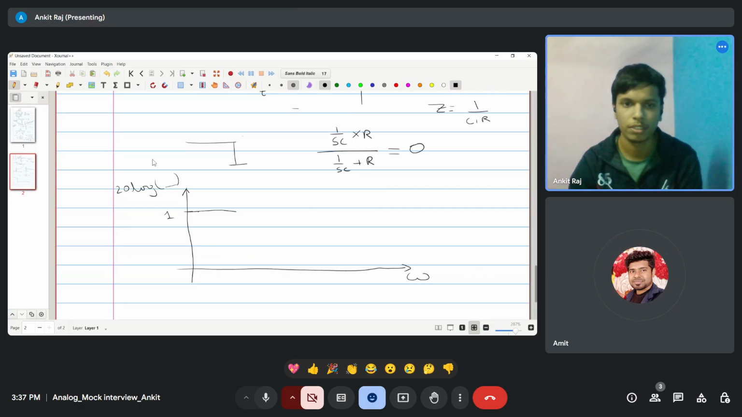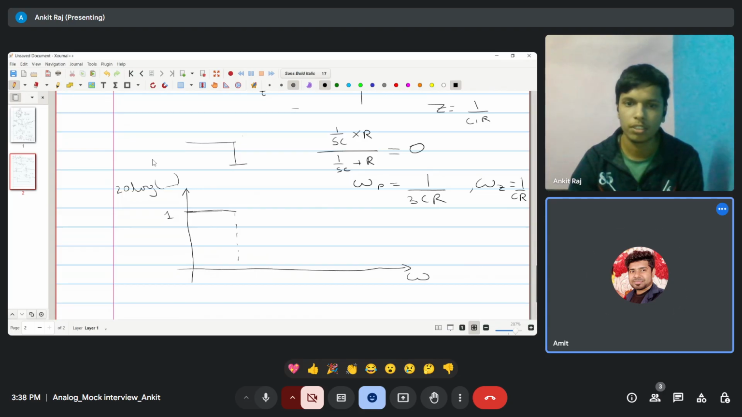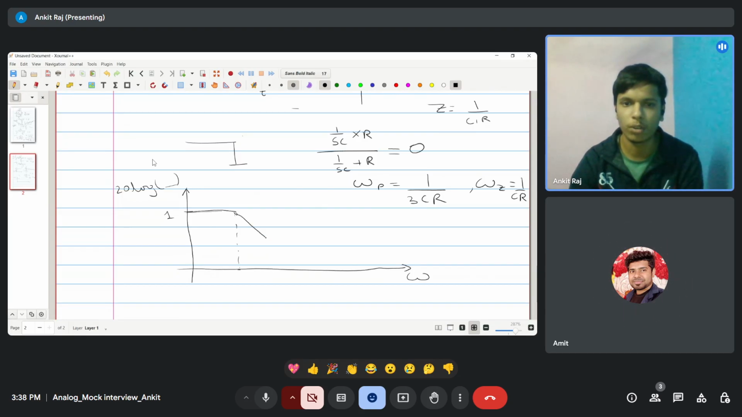So the pole location is 1 by 3CR, and the zero location is 1 by CR. First the pole will be encountered. So when the pole is encountered, it starts going down with minus 20 dB per decade,